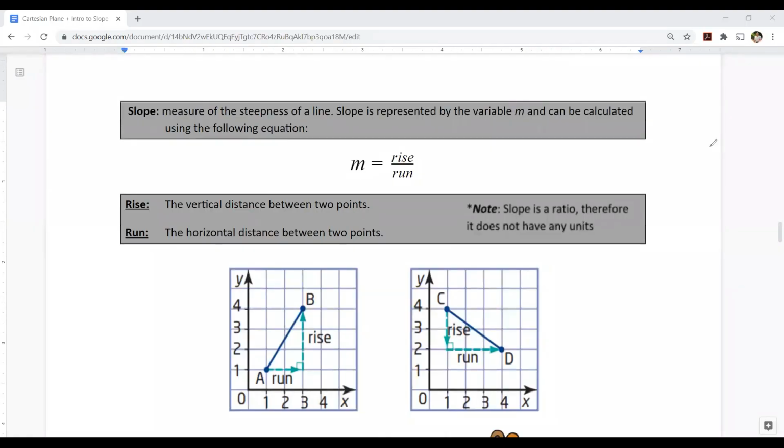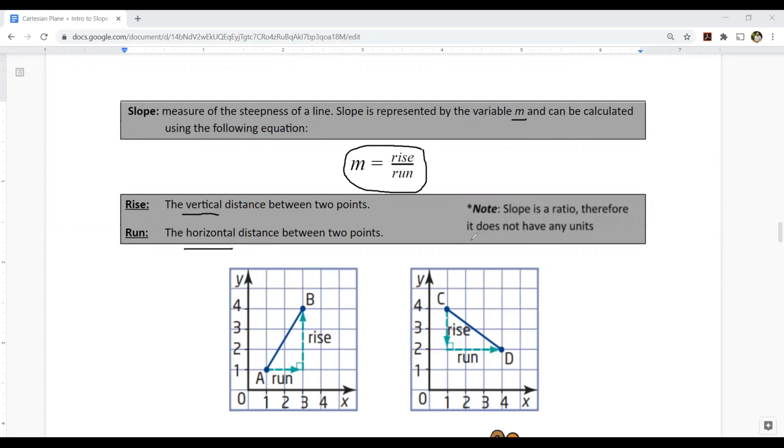So how do we calculate slope? Well, slope is represented by the variable m. And in our equation, we could see that m is equal to rise over run. Now you might be thinking, what is rise and what is run? Well, rise represents the vertical distance, keyword vertical, between 2 points, whereas run represents the horizontal distance between the same